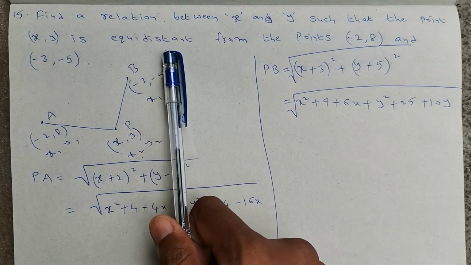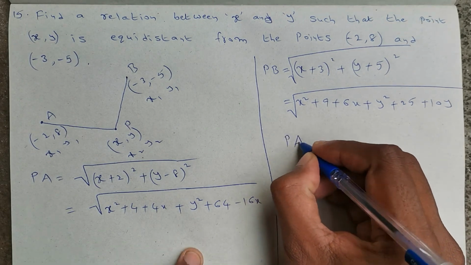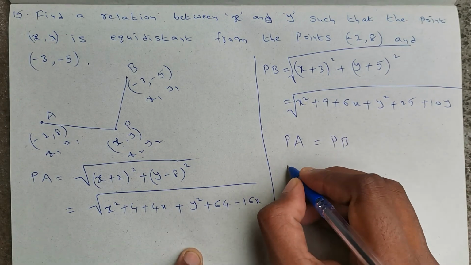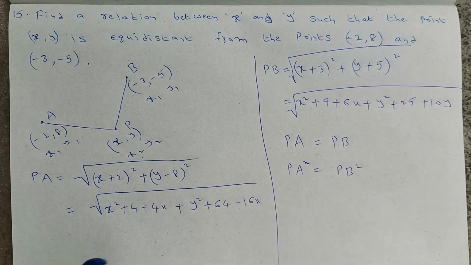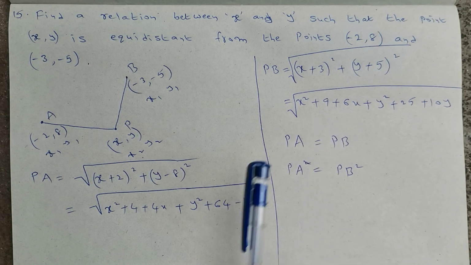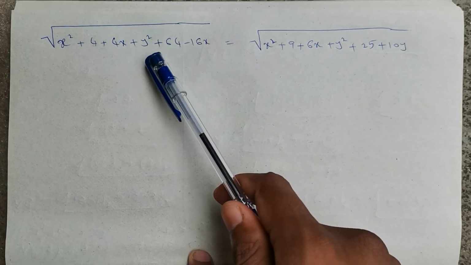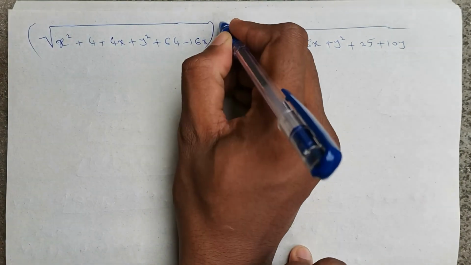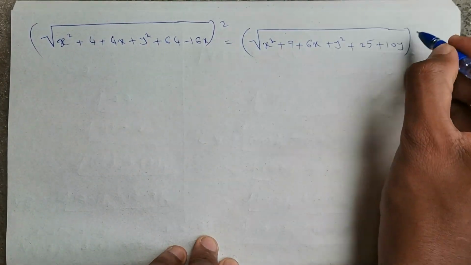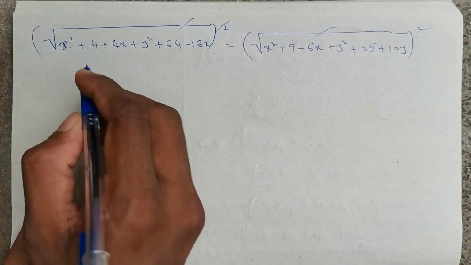Now he said that clearly it is equidistant, so it means PA distance is exactly equal to PB distance. So PA is equal to PB means PA square is equal to PB square. So for these two, if we do squares, the square roots will both get cancelled. Now to remove those square roots, I will do squaring on both sides. So here square root square cancels, square root square cancels. So remaining here, x square,